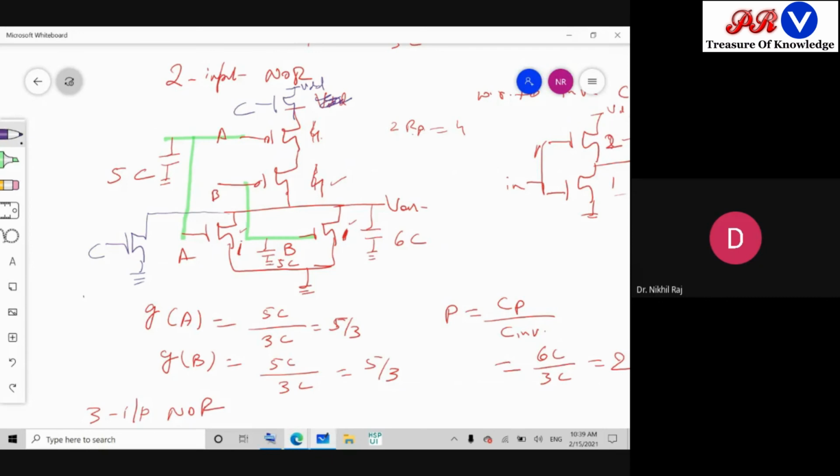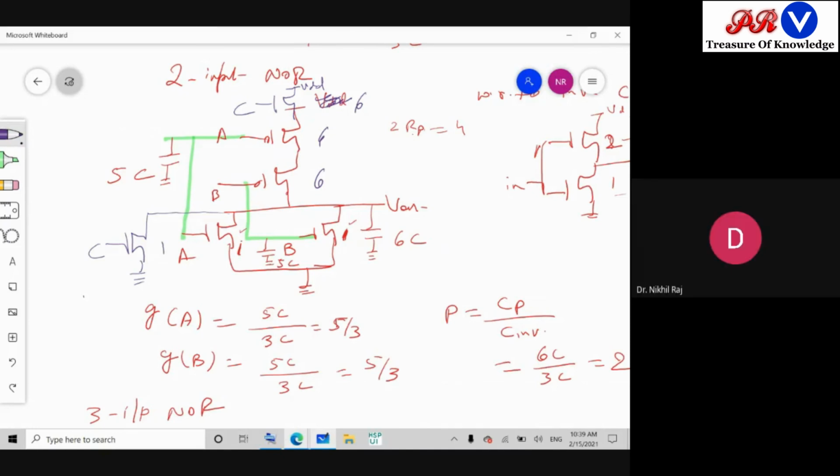Now what should be the dimensions now? At the pull down network, what should be the dimensions? 6, 6, quickly, 6. Of which? Pull down or pull up? Pull up. 2, 2, 4, 2, 6. ठीक है. So it will be 6, 6, 6 because it became 3 times. 3R है and 1R is 2, so 3R means 6. And what about the bottom one? 1, 1 ही रहेगा. 1 रहेगा.